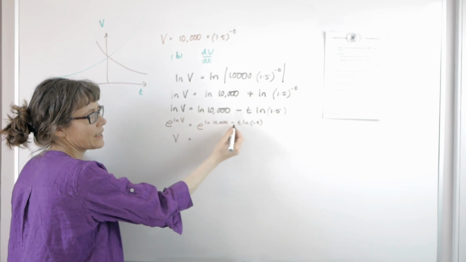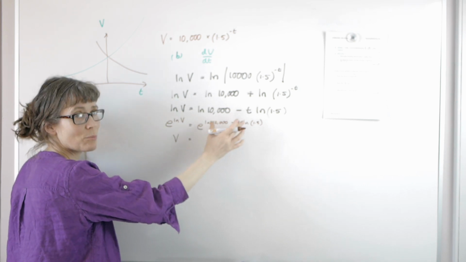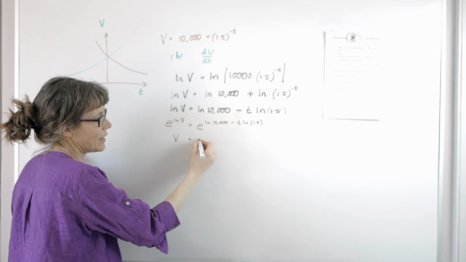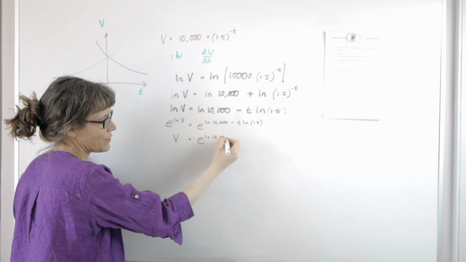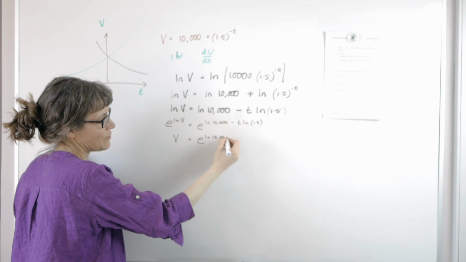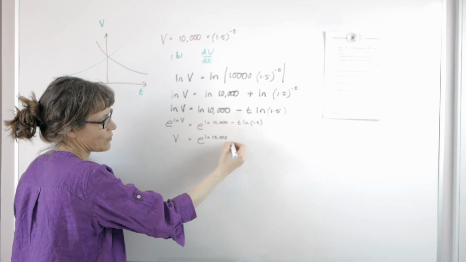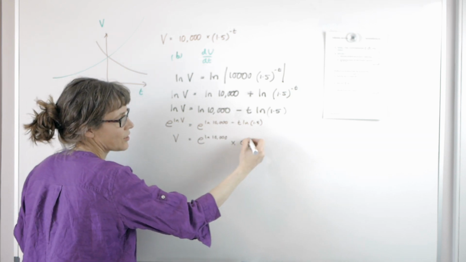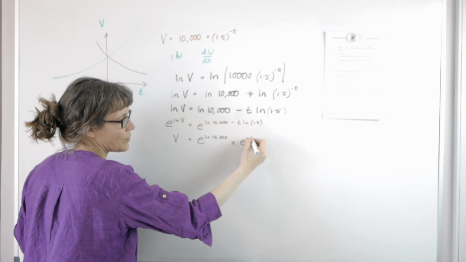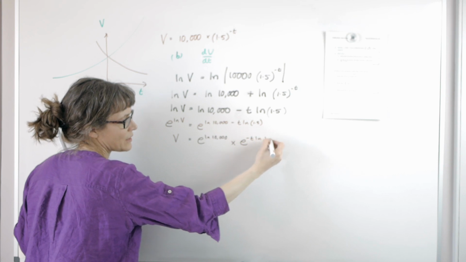And on this side I can split these. When I've got two added powers, again I can do the opposite. So this is e to the ln of 10,000 times e to the minus